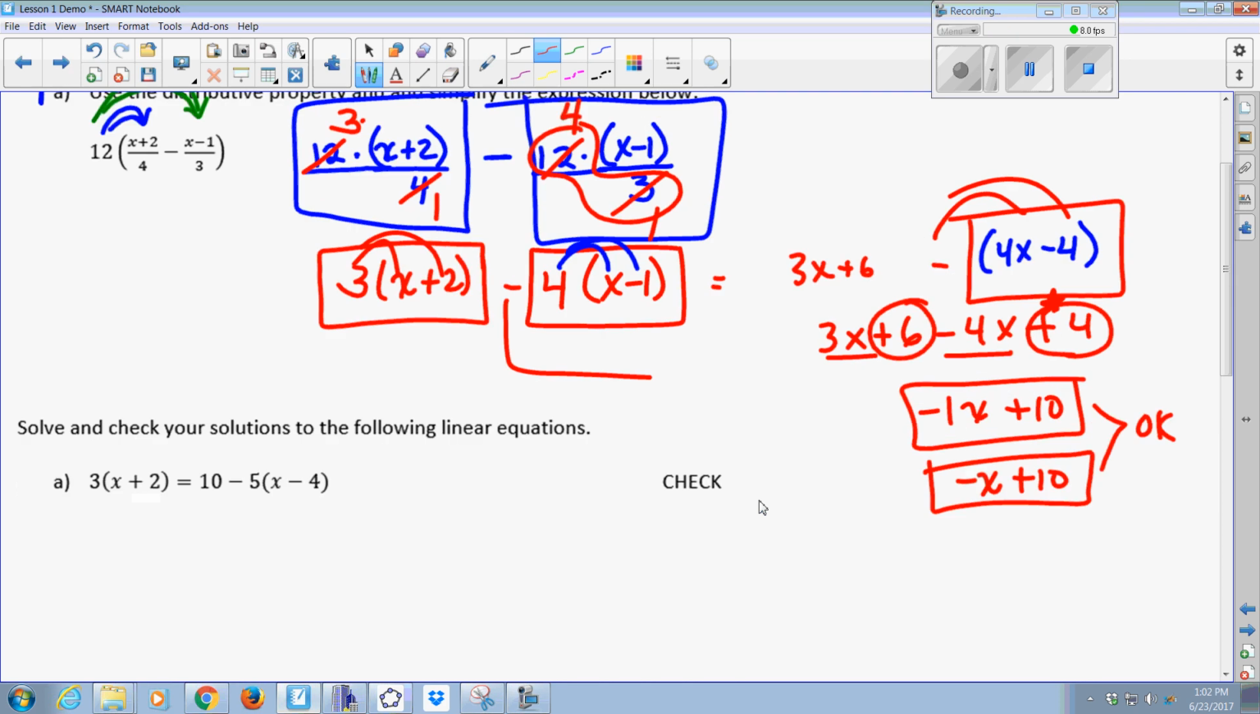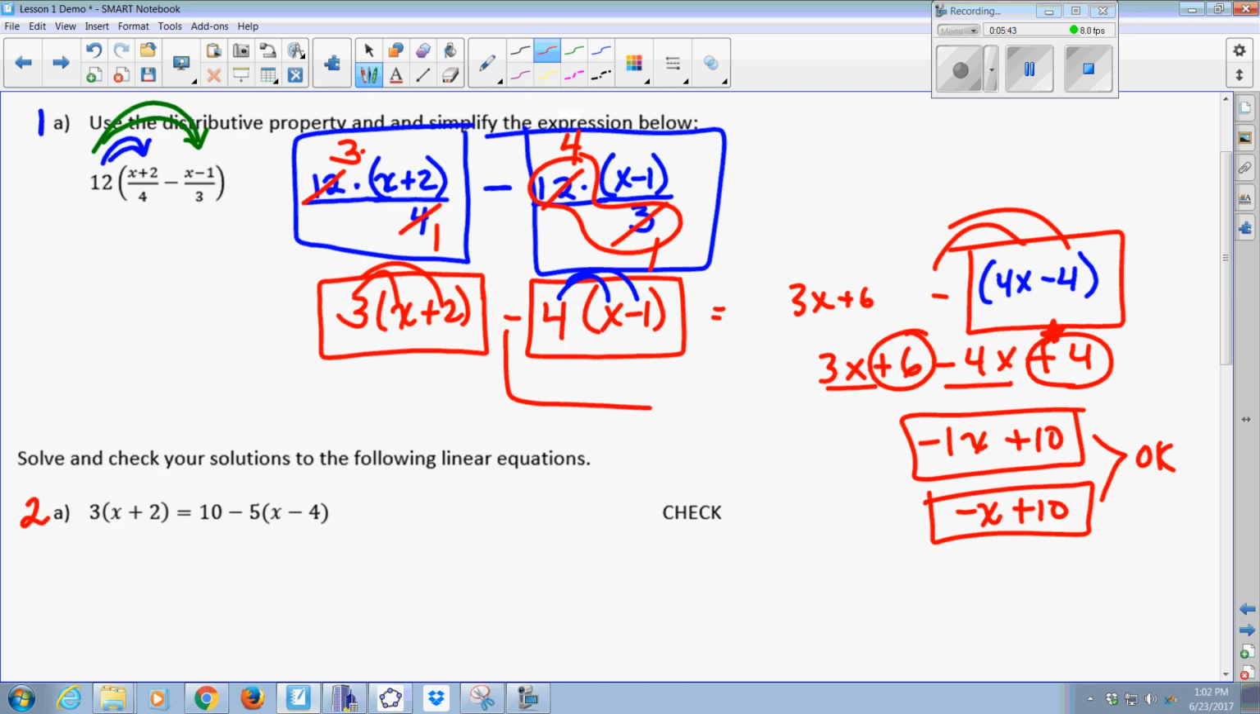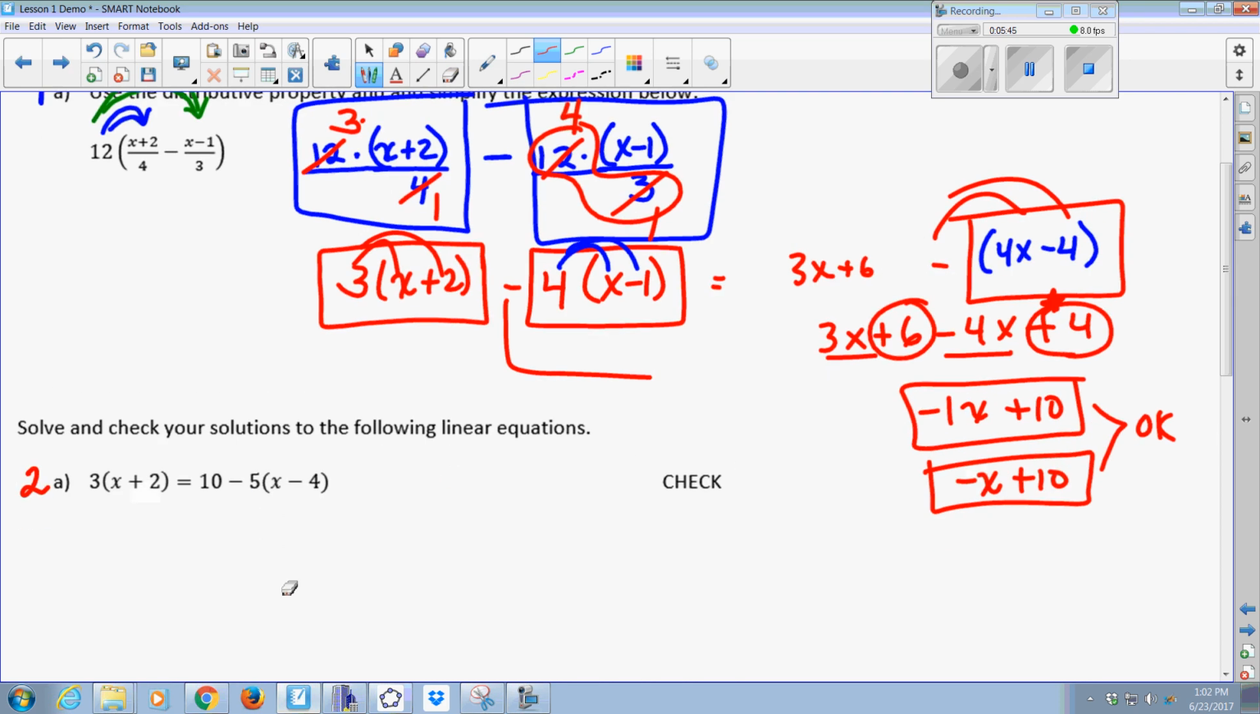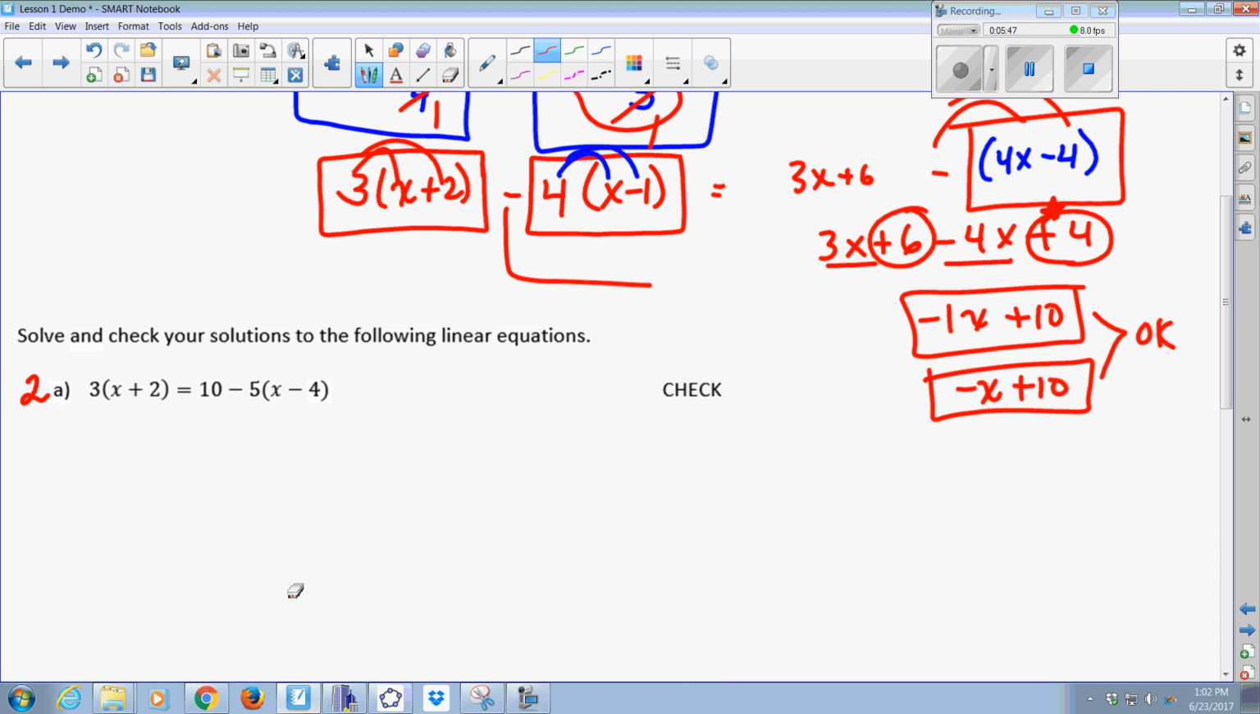So the next problem, let's call it 2a, is asking us to solve a linear equation. And I think you've had lots of practice with this, but let's just go through it just in case. So to solve a linear equation, we want to simplify the expression on each side. The expression on the left-hand side asks us to use a distributive property, which is 3x plus 6. On the right-hand side, I have 10